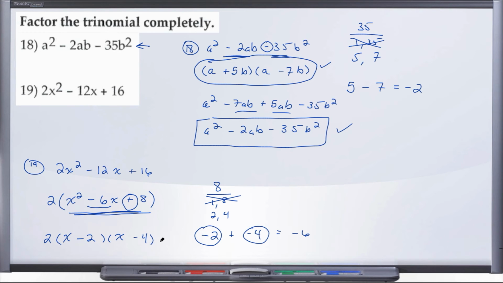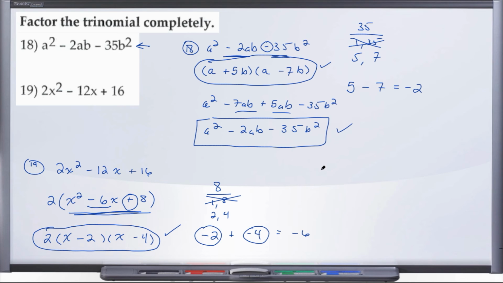And now we can go ahead and double check ourselves. Let's see, -2 plus -4, yes, gives us -6. -2 times -4 does in fact give us a +8. And so we can go ahead and call it a day there. If you wanted to double check and FOIL these